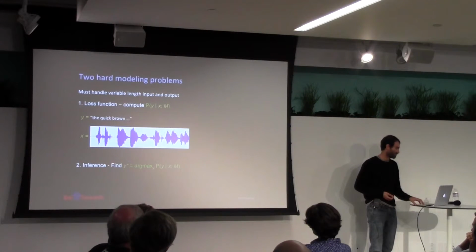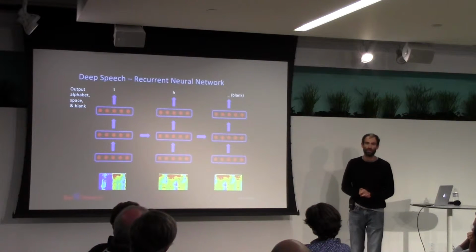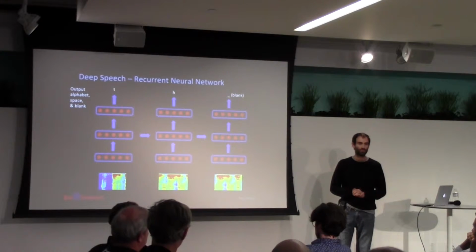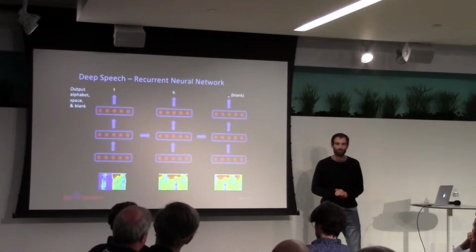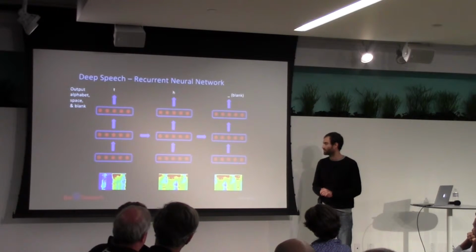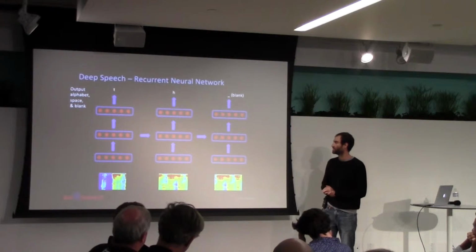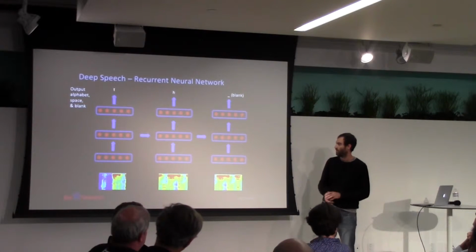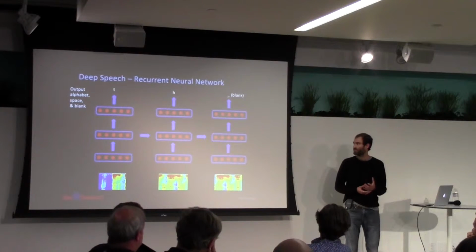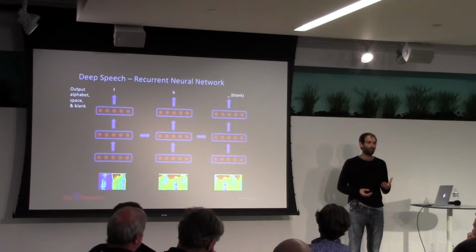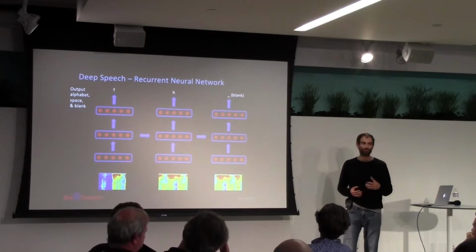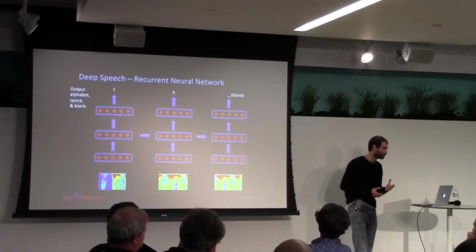So I'll talk a bit about the loss function and how that works, how we get around the alignment problem. So instead of using just a simple deep neural network, we actually use what's called a recurrent neural network. Probably a lot of you have heard of this. Briefly, what that means is, say we have some audio input at time step t. The network at that time step is informed both by the audio input as well as the hidden state of the network at the previous time step. So it's able to process sequential data in that manner.